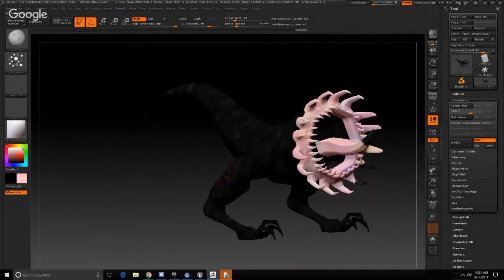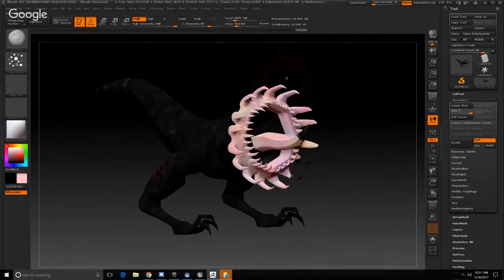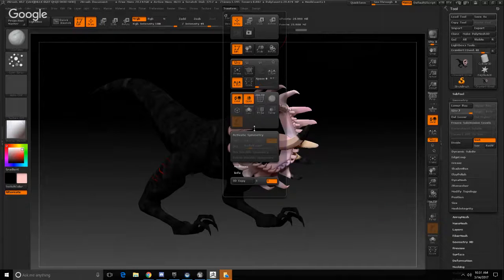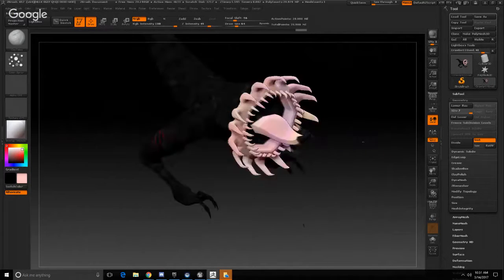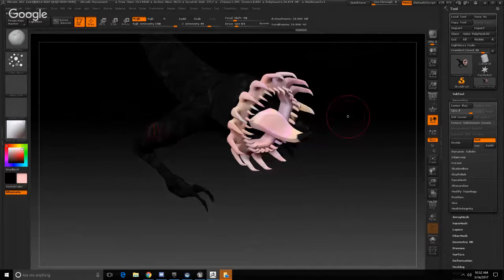I can go on and on and on about this thing. If you go to transform, you can activate symmetry, which in my case, I believe it's Z. But you can see that if I'm going to sculpt,